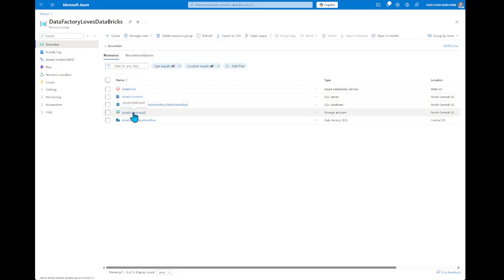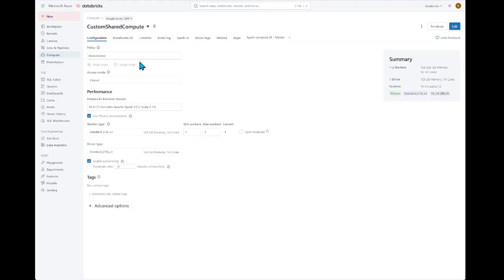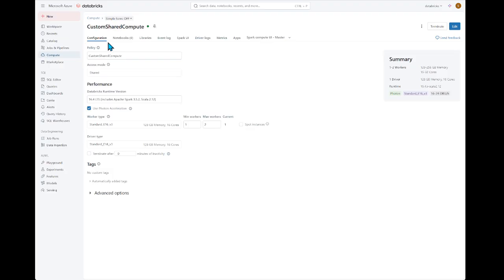We have a storage account with some tables and blob containers, and we have a Data Factory itself. So let me open what I have here in Databricks: simple all-purpose compute resources, shared resources, nothing special, running all the time.